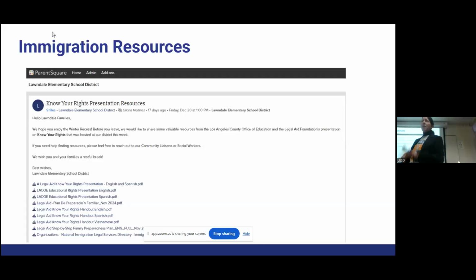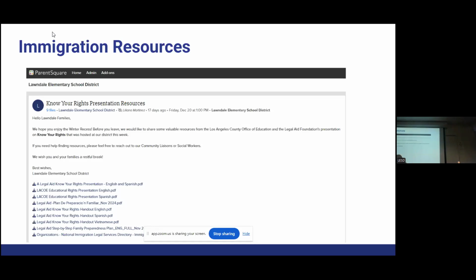So when we go forward on the website, we have a place called immigration resources. And remember, we can always click on the language so that it comes into a language that you can understand better. You can see that there are a number of presentations as well as handouts. And those handouts provide you with places to go, people to call, questions that are being answered. We have all of that on this page for the immigration resources.